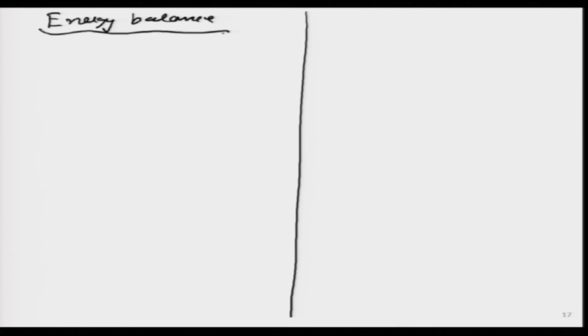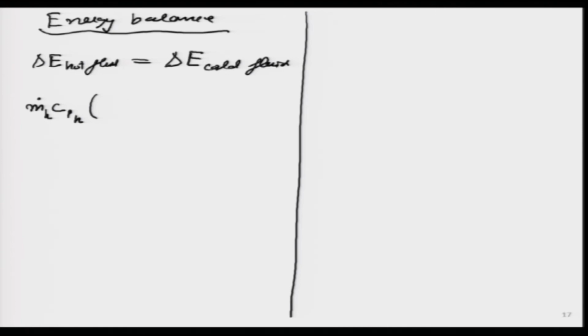I have not gone into heat transfer now, but I am just using thermodynamics. So, I will say the energy loss of the hot fluid is equal to the energy gain by the cold fluid. How can I write it further? I can write this in terms of m dot h Cph, and what is the energy lost? The hot fluid came in hot and then it is slowly cooled down a little bit. So, temperature has reduced, right, and this has to be equal to the right hand side where I am talking of the cold fluid.